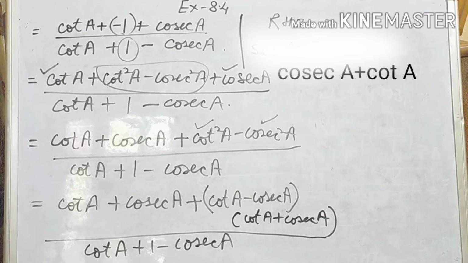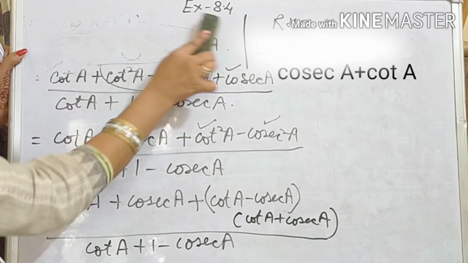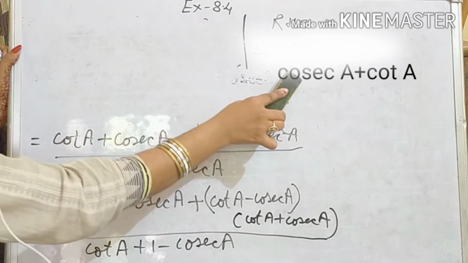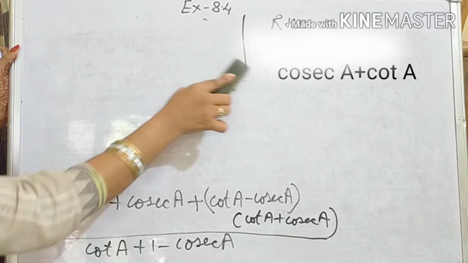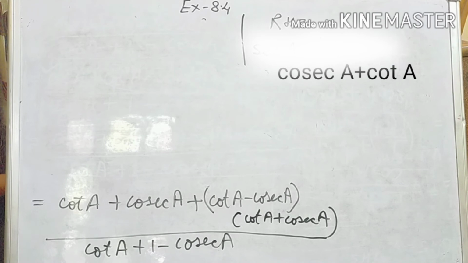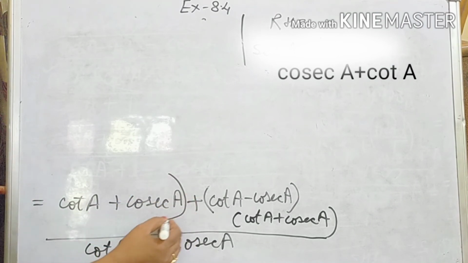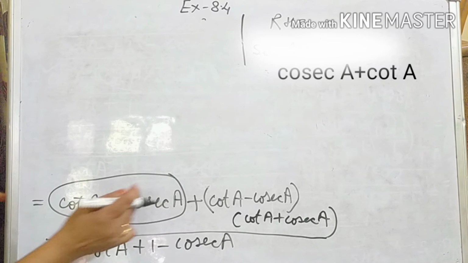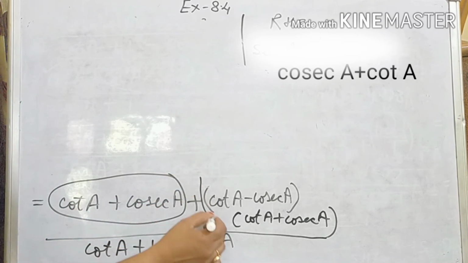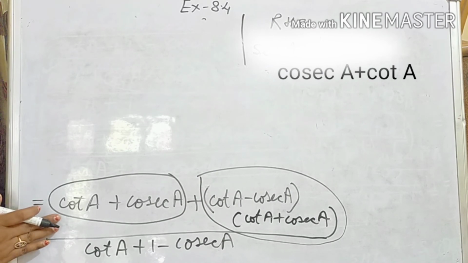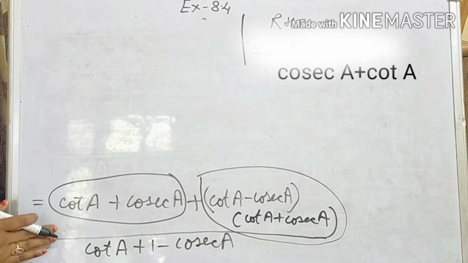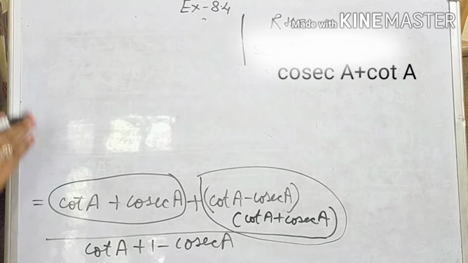Now what should we do? Okay, sorry, what we have to do here is take the common, but before taking the common I want to explain how we can take the common. This is the first term, you can take it as the first term, and this one is the second term. So please note it down, because students find this step difficult. So I'm explaining it with another example first.